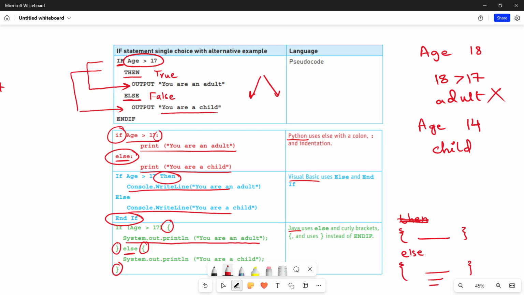Now in the next video, I will be doing activity 8.4 for you, in which you will be looking at the practical example of how we can use if then else